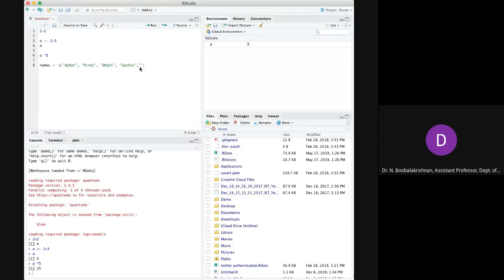Now I am explaining how we are creating a data frame. So this is the character vector, where you have to enter the names within double quotes. We are creating the vector, so that's why it is taking time.